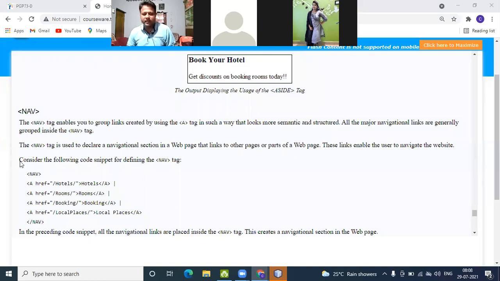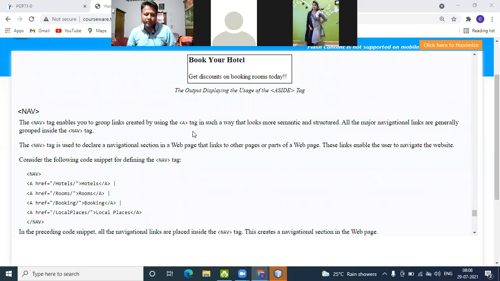We have to use this anchor tag, and the related links we put together in a nav tag. So the nav tag enables you to group the links created by using the a tag, which is a way that looks more semantic and structured.